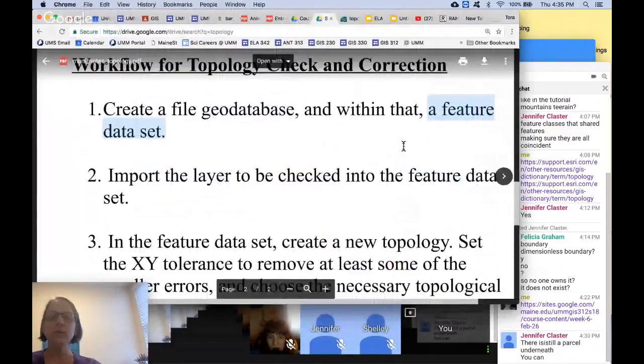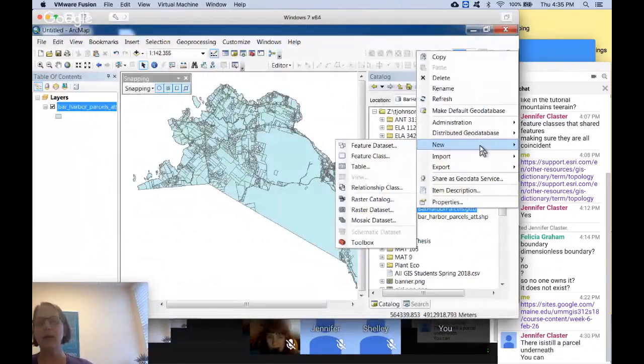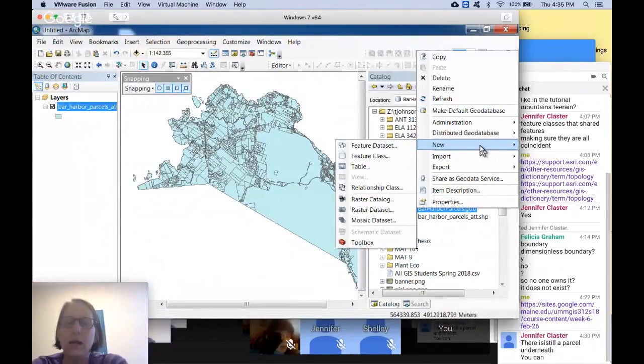The reason you use a feature data set instead of just creating a new feature class, which is a layer, is that very often, not in this case, but very often, topology and other geodatabase functions like relational databases are between layers. And so you can put a bunch of layers together in a feature data set and create topological rules that